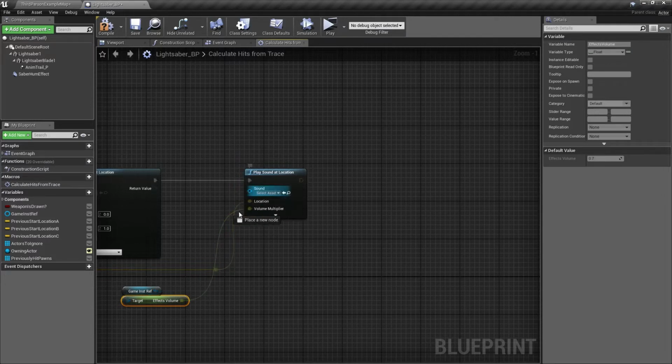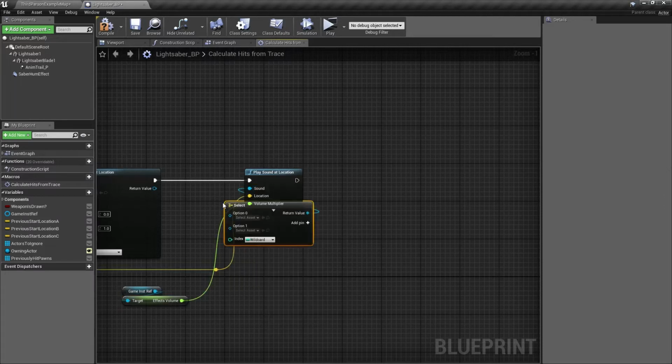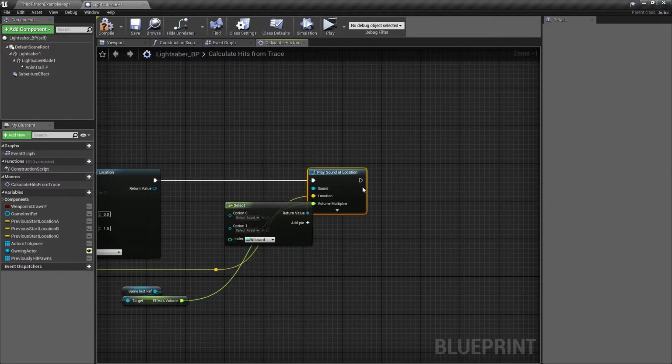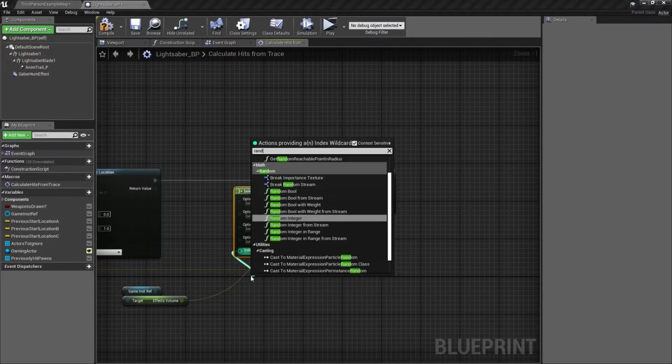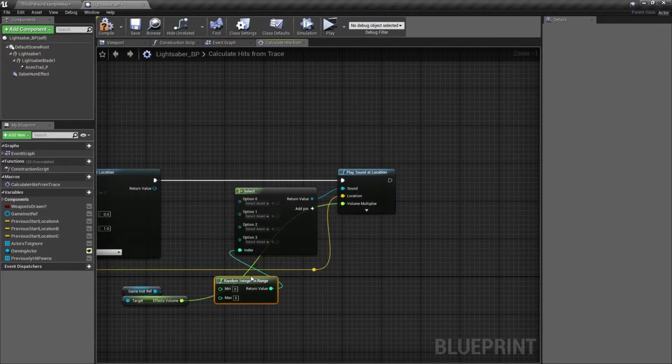And for the sound, we're going to do another select, similar to what we did with the swing effect, but this time we're going to do for the hit effects. So we're going to add 2 pins. We're going to random int range 0 to 3,